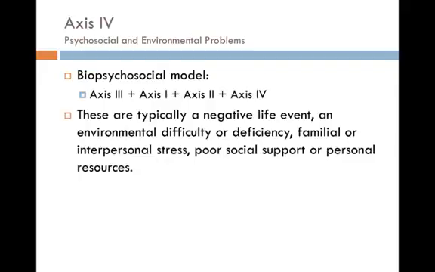And these are typically a negative life event, an environmental difficulty or deficiency, or familial or interpersonal stressor, poor social support, or personal resources, all of which may contribute to a person's Axis